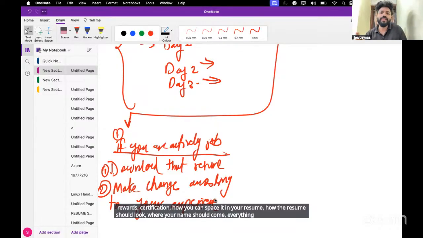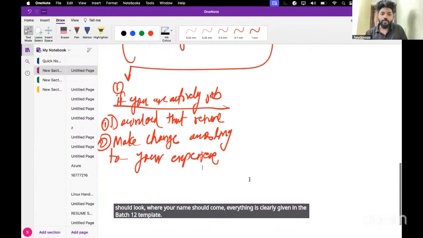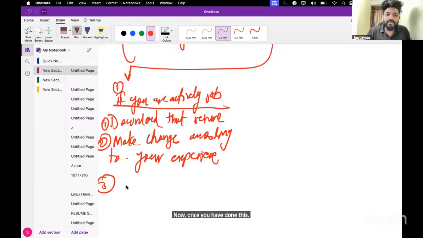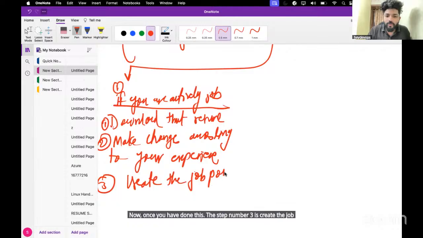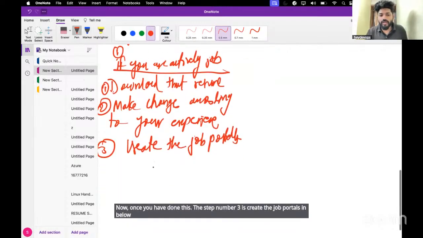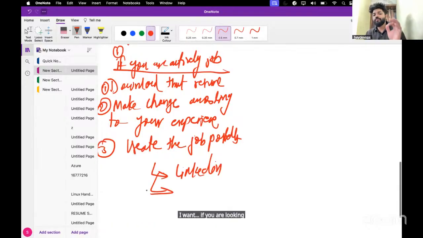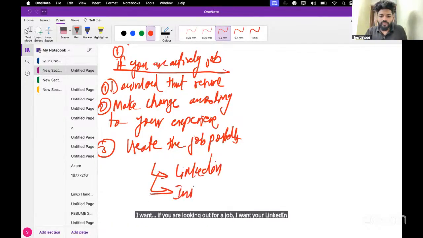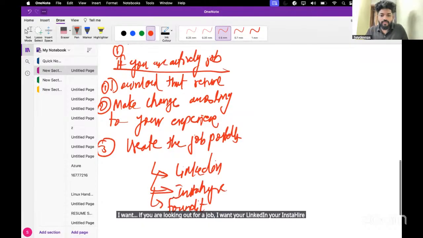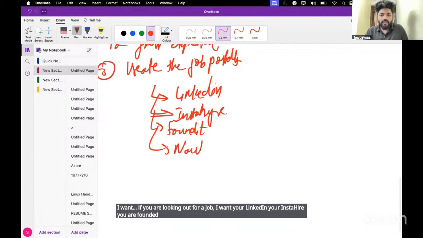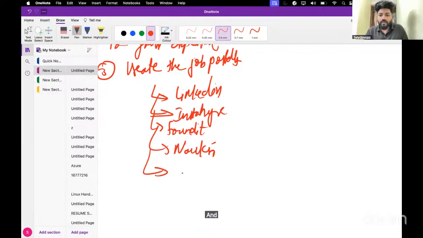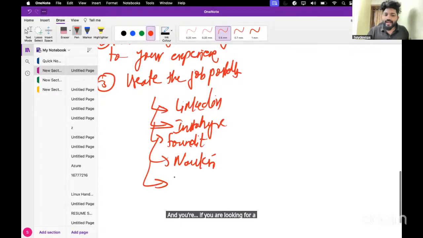Everything is clearly given in the batch 12 template. Now, once you have done this, step number 3 is to create the job portals on the below platforms. So what are they? LinkedIn. If you are looking for a job, I want your LinkedIn, your Instahyre, your Foundit, your Naukri, and if you are looking for a remote job, there are some remote job sites like vwork.com, which is doing good,